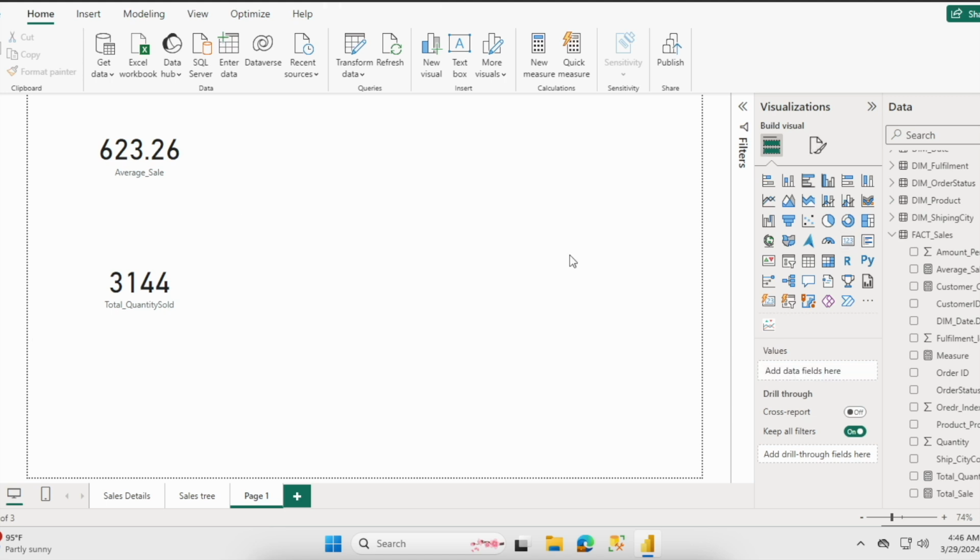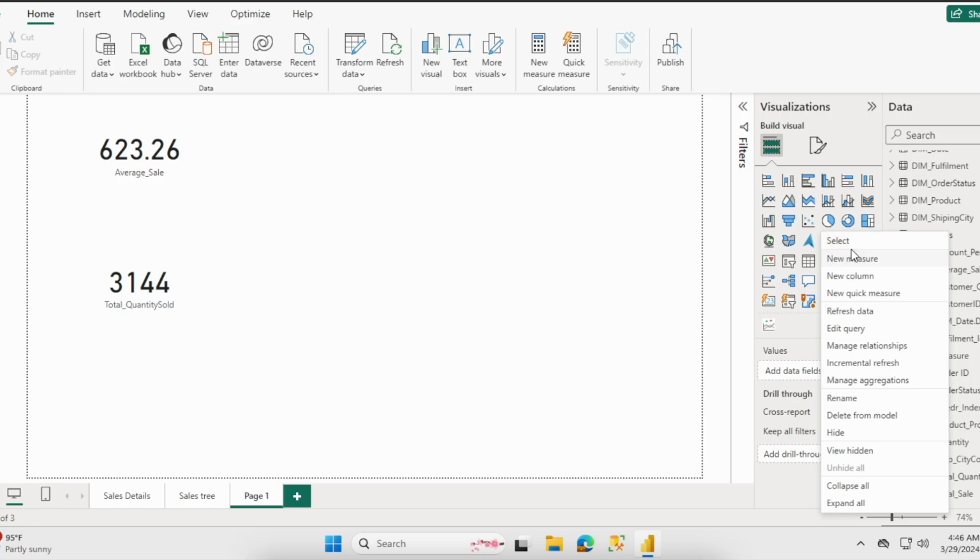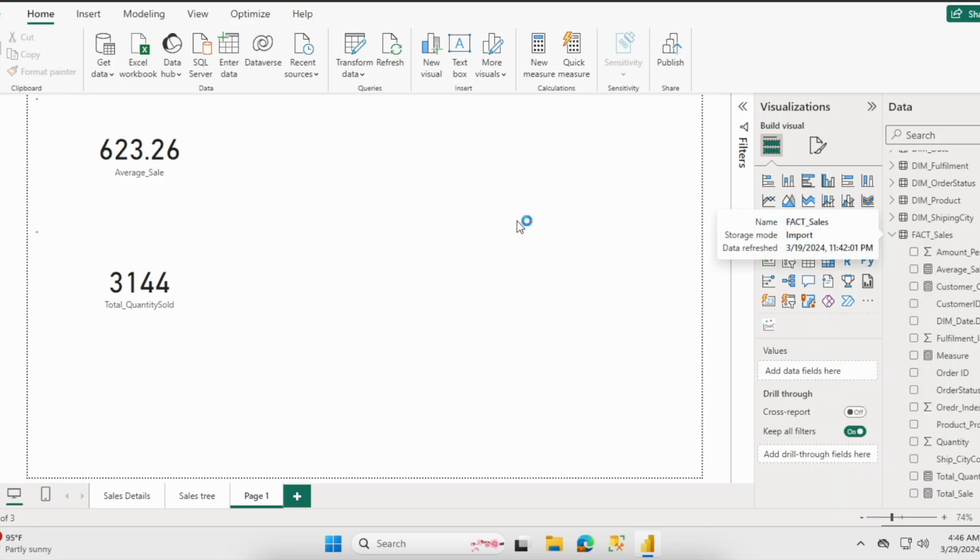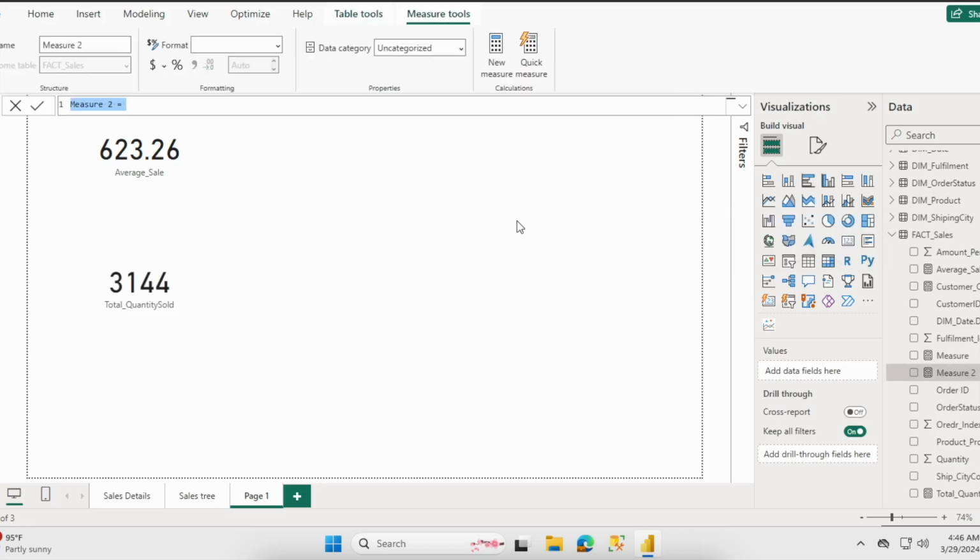The next one is we have to calculate total sales. So for that what we have to do, we have to create a new measure on fact sales. With the help of that we can create a new formula on the formula bar, in which we are going to multiply per unit cost with the quantity sold. Okay, so we'll check total sales